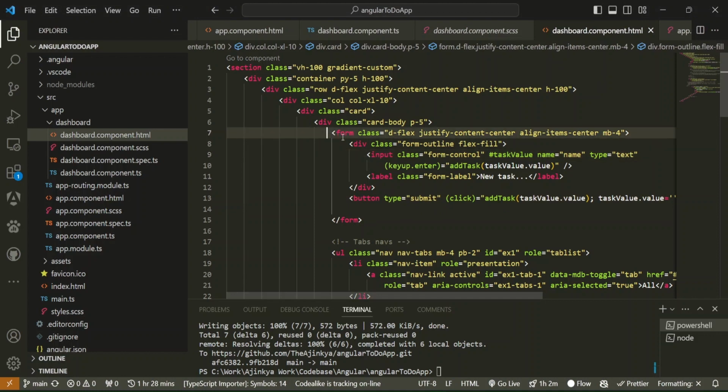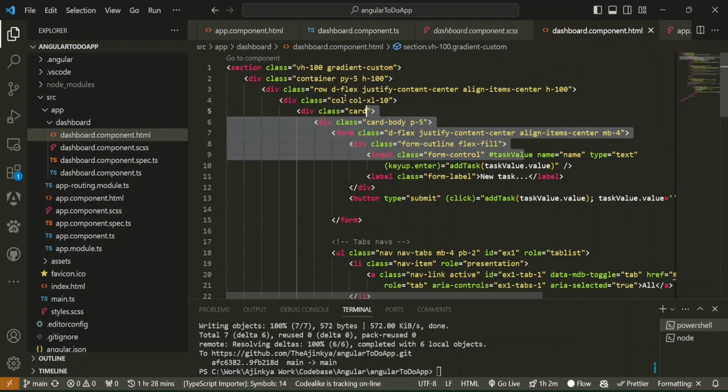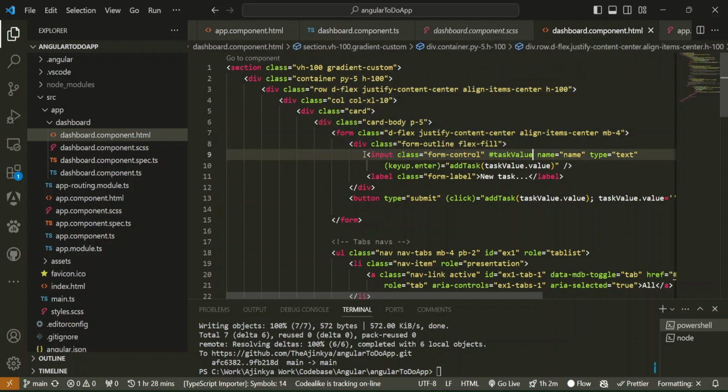First thing is you just copy this one. Here we have the input. The rest of the things are common HTML and CSS. Our Angular code starts from here. Basically this is the ID, and ID is very common, so it's not a part of Angular, it's just HTML. And here is another